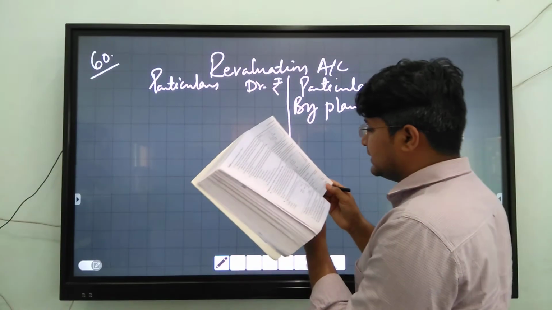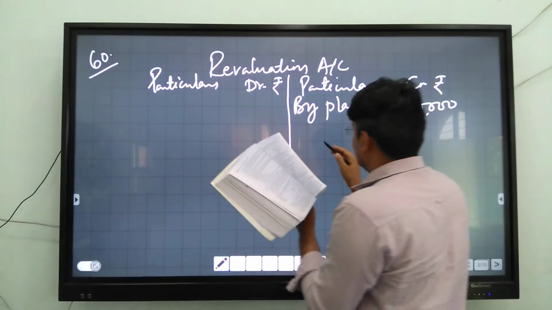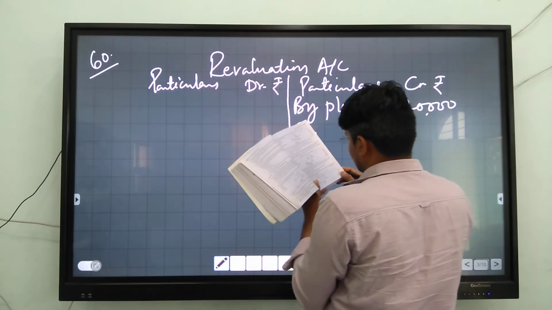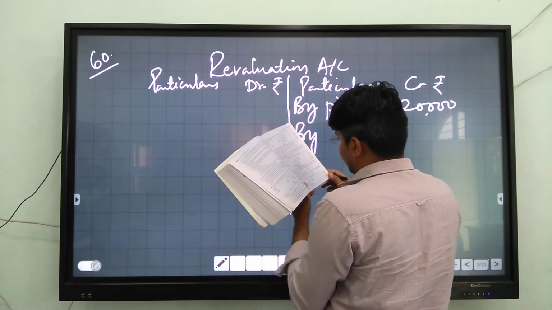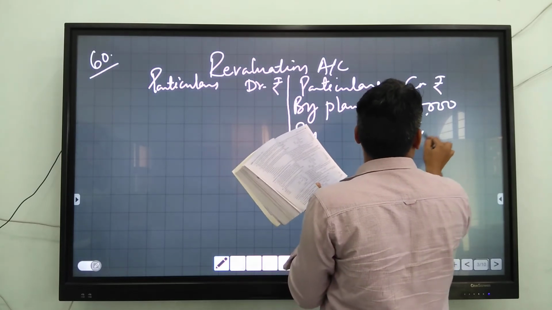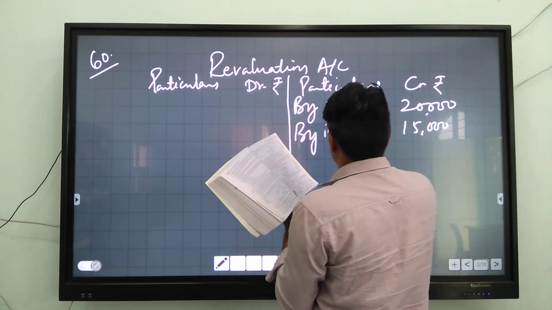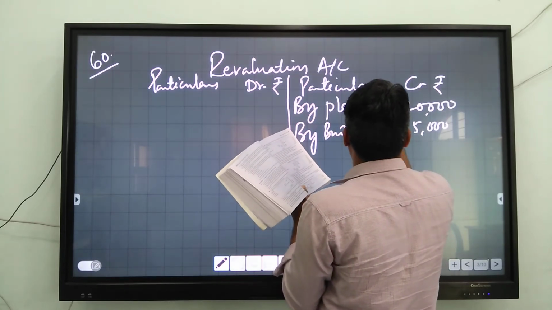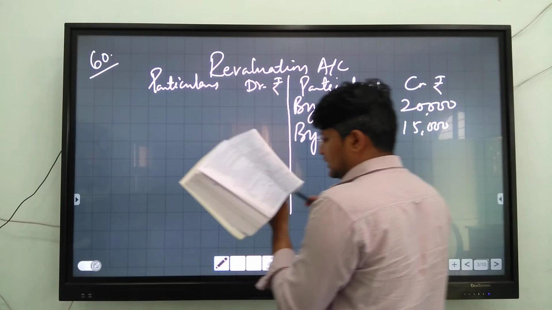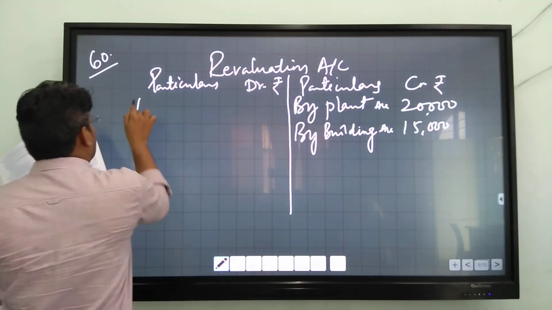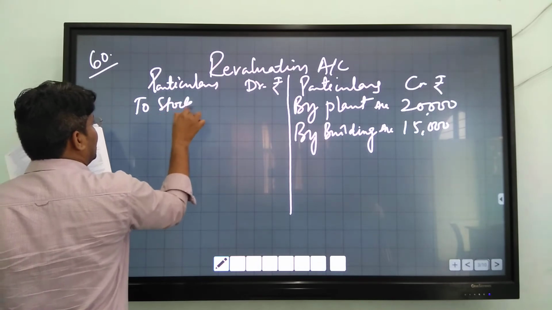The value of building is to be appreciated by 10%. The value of building is also increasing by 10%, that is 10% of 1,50,000, which is 15,000 by building. Plant account, building account. The stock is found overvalued by 4,000. We write on the debit side to the stock account